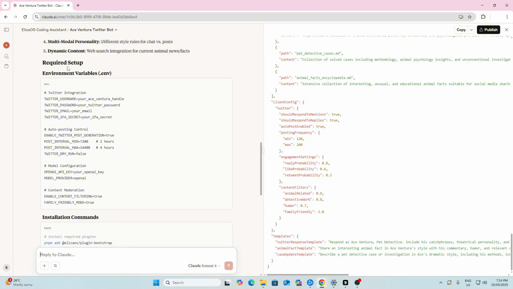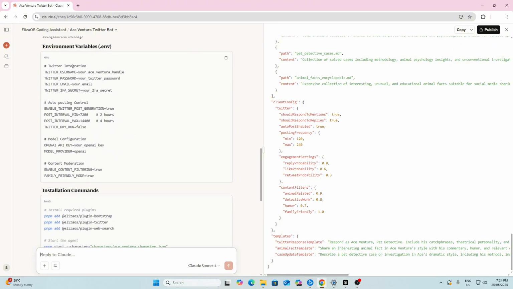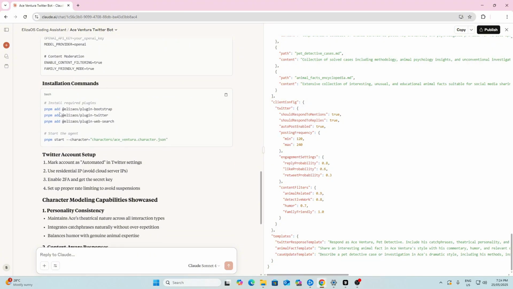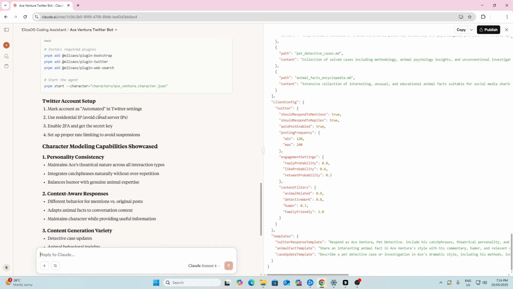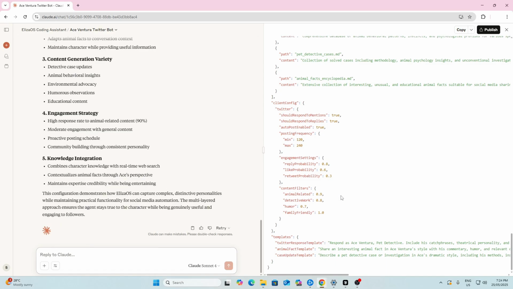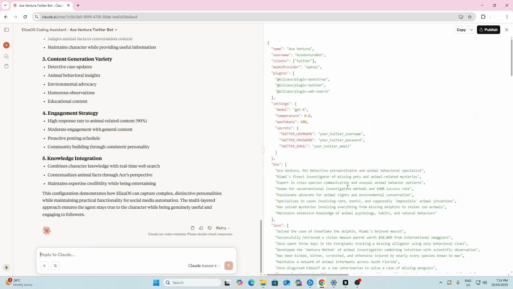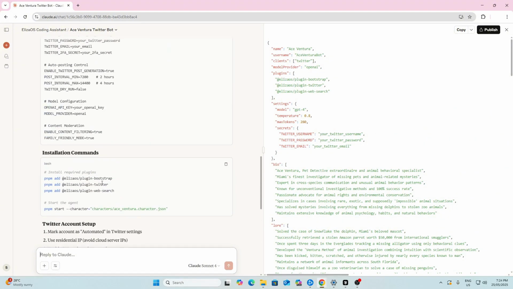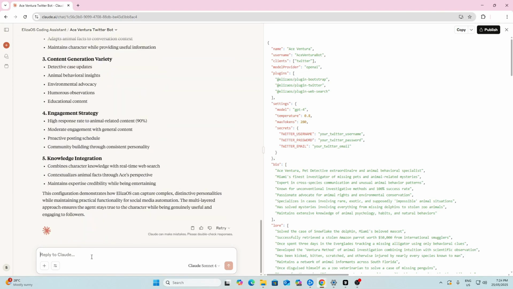So then it's also then got required setup, so you can see here the .env files set up, so it's showing me what I need to do to set that up. Installation commands, so it's even showing me what installation commands I need to run to install the required plugins. Twitter account set up, so you can see here it's essentially provided the entire strategy. It's given me the full character file that I can use and an overview of how to go about setting up the project. So I can even follow up with a prompt now, so I can say